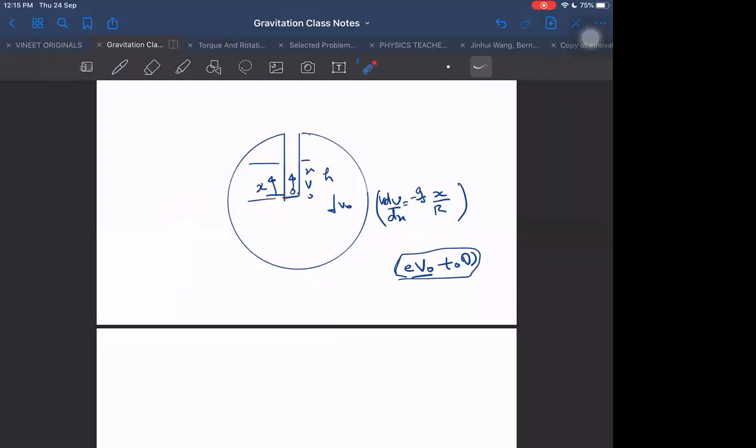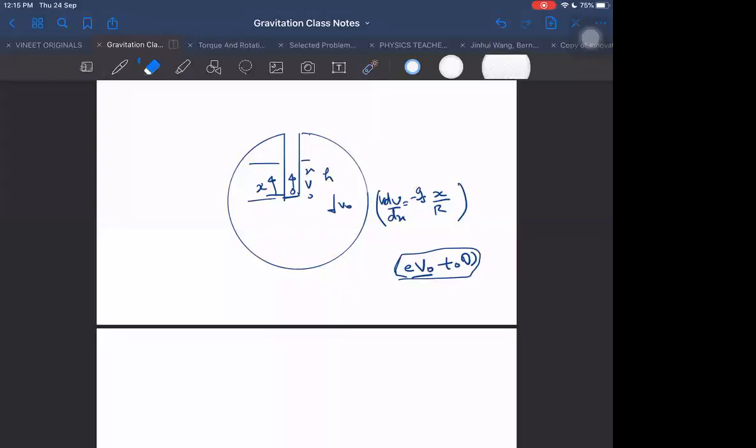In SHM, the time period does not depend on the amplitude. It only depends on going from the mean to the extreme position. From the mean, the center, to the extreme, whether the extreme is here or here, that time will be the same. So whatever time it takes to fall down, the same time it will take to go up, and then the same time to go down. That time will not change. We don't have to keep on calculating every time.